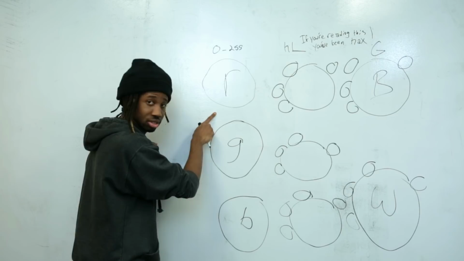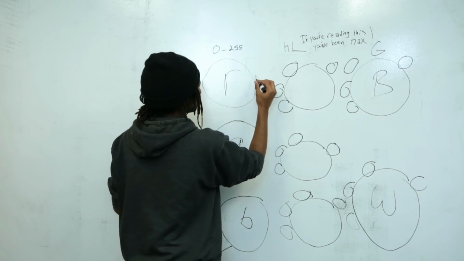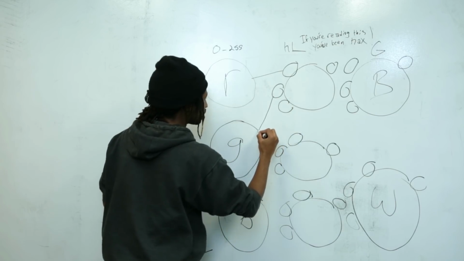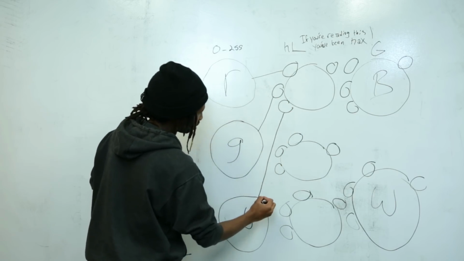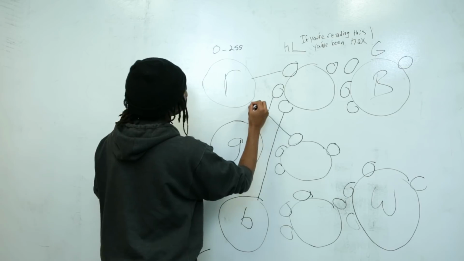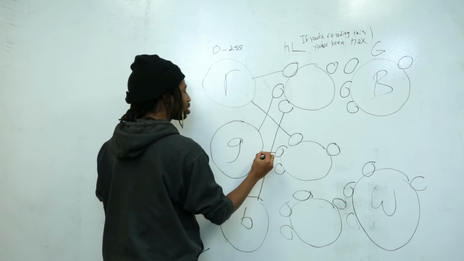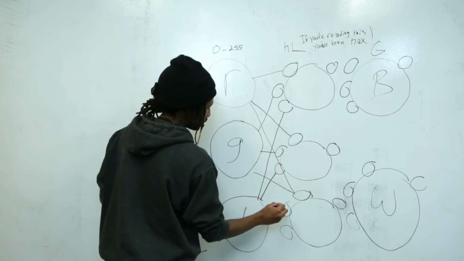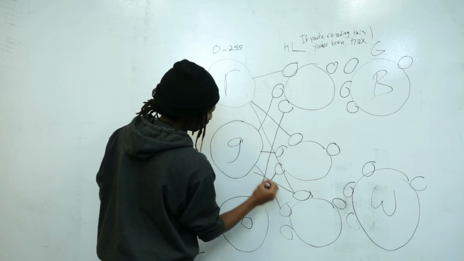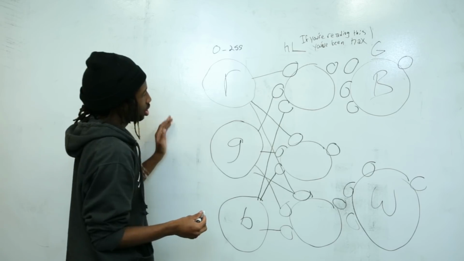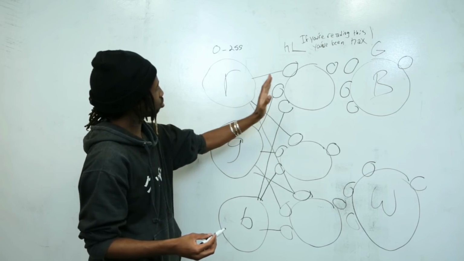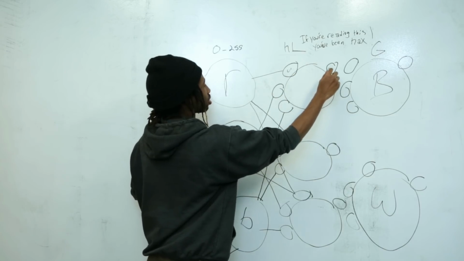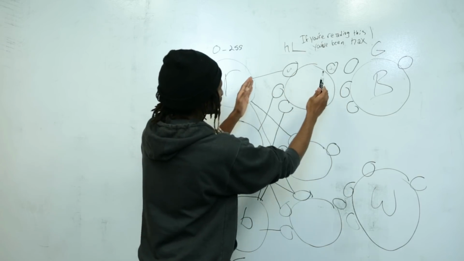Every single node within our hidden layer has the same number of weights as there are inputs. So there's one weight for this input, one weight for this input, and one weight for this input. And the same for the rest of them. One weight for this input, one weight for that input, and repeat. I didn't do that right. Boom, boom. And so what then happens is we do our input times the weight, and then plus our bias, and we repeat the process.